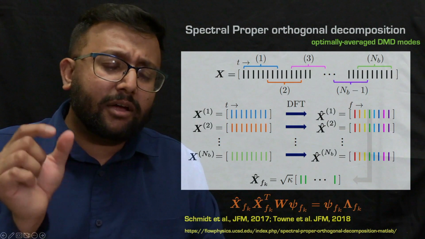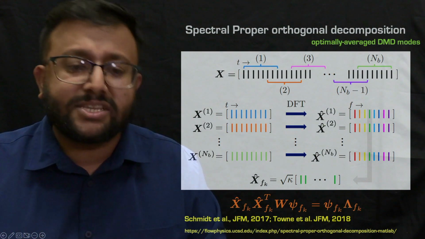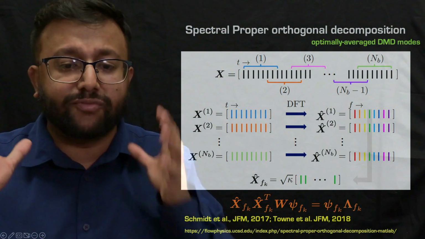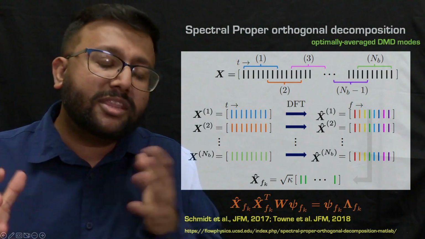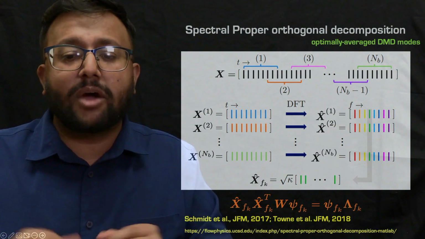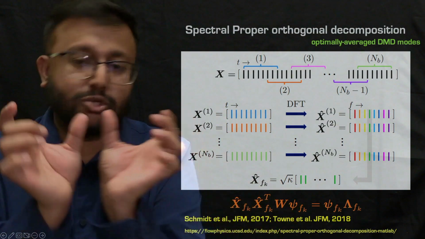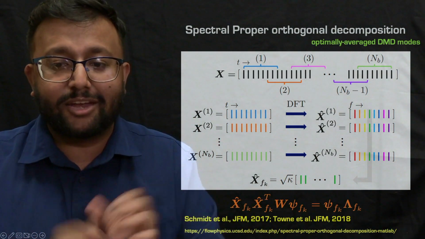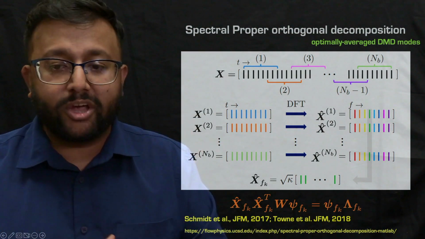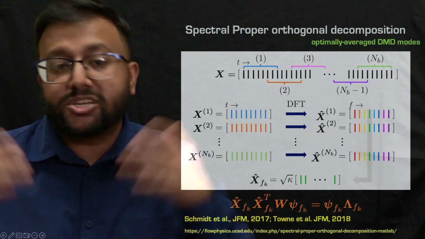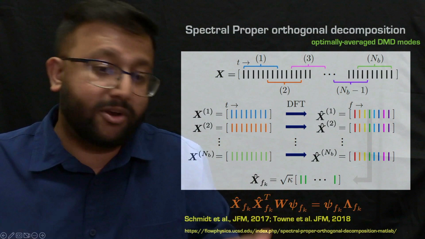Right? Just a note, in this eigen decomposition, there is also this weight matrix W. Now, what this weight matrix does is it avoids any spectral leakage in the windows because you're chopping up this data into blocks. So the W avoids that. And it also stores the value for doing numerical quadrature, for example.